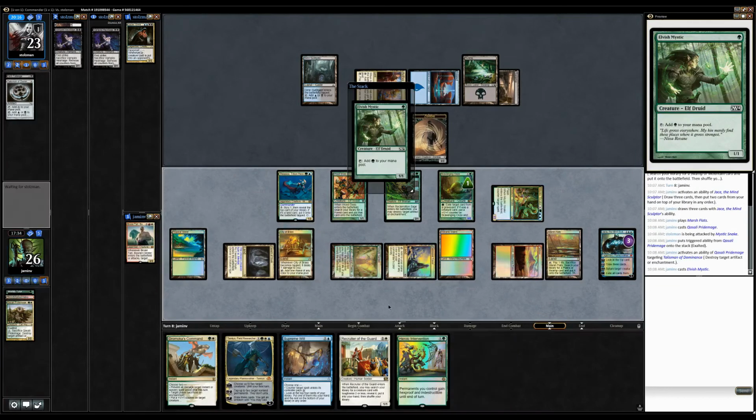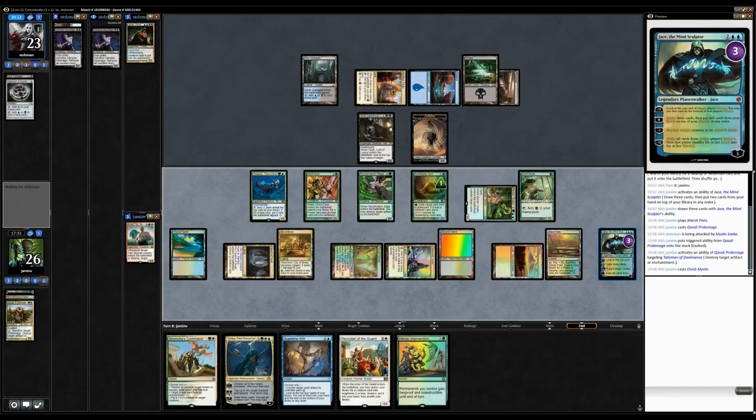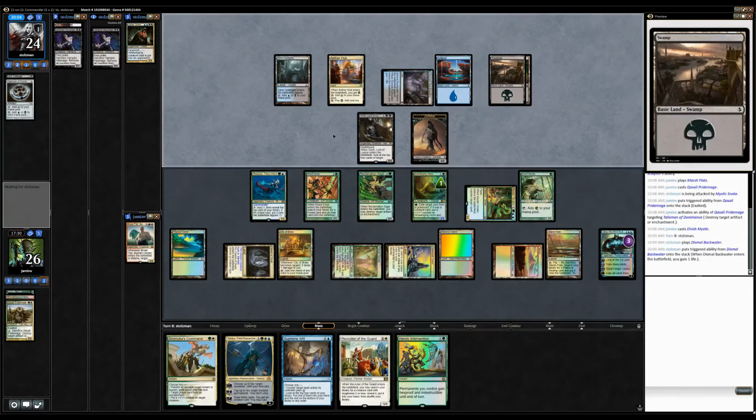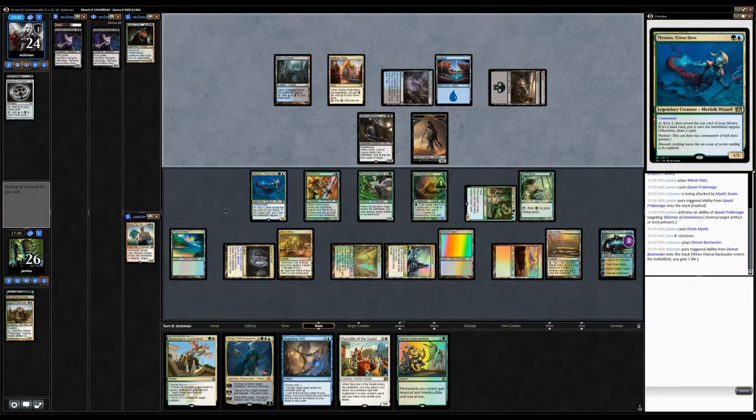Heroic Intervention doesn't say creatures, so if my opponent targets Jace with a Hero's Downfall or something like that... Looks like they probably drew the Dismal Backwater though. Thrasios is pretty good in these slow, grindy matchups because you can just keep gaining card advantage. If they don't do anything, you force them to do something, and then if they don't do anything,